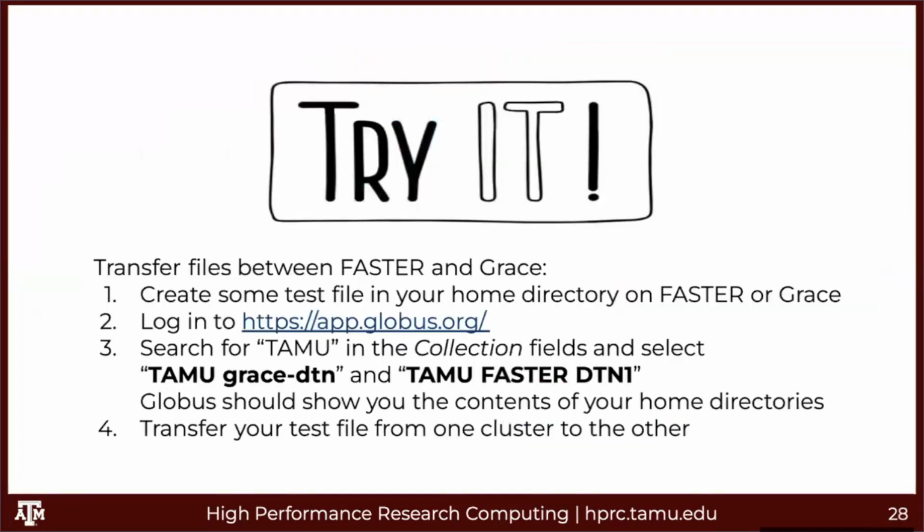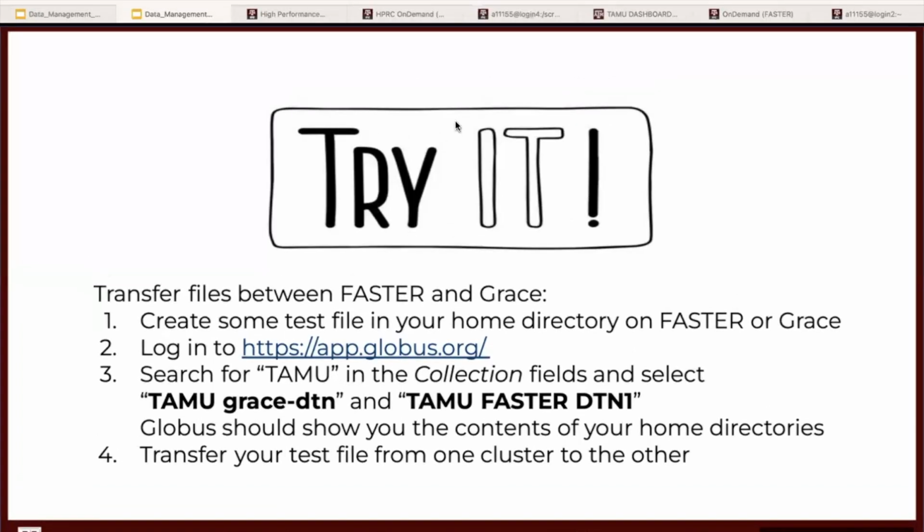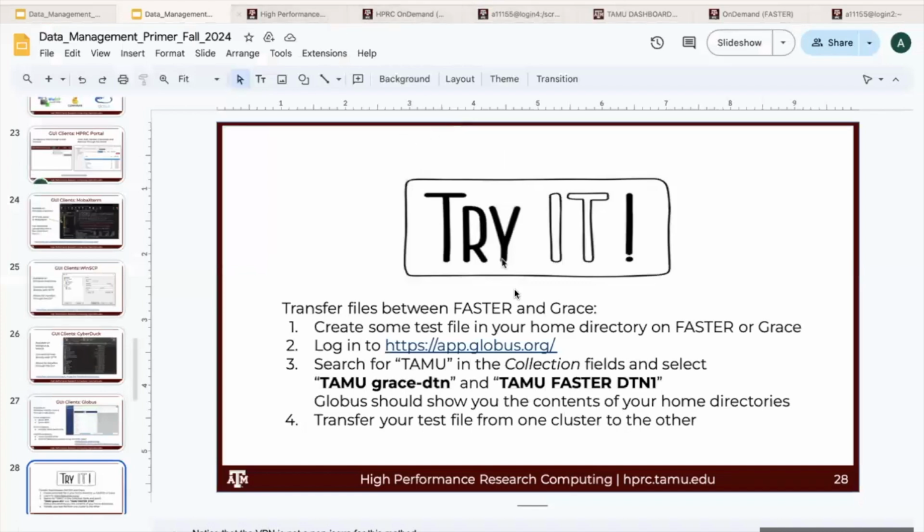And let's try to use Globus. So we'll try to create some file in our home directory, either on Grace or Faster. And we'll try to go to Globus and try to transfer those files using Globus. So we would first search for our Grace DTN and Faster DTN in the collection fields, and I will transfer them. And I think it's best to showcase this using just sharing my screen as a demo. It'll be much clearer. So if we go to this link, which is